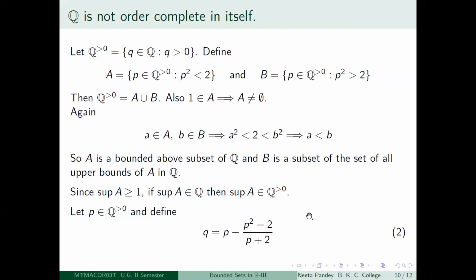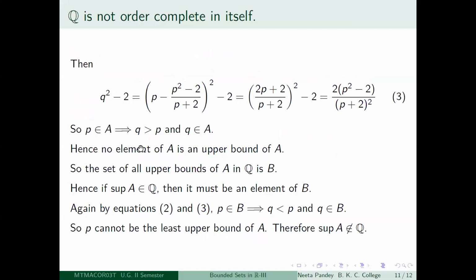So how will we do this? This argument is from Rudin's book on principles of mathematical analysis, which I had mentioned a few lectures back, and I've just elaborated on that proof. Okay. So what do we do? This is a very smart trick: take any positive rational number p and define a new number. What is that? q is equal to p minus (p squared minus 2) divided by (p plus 2). Okay,